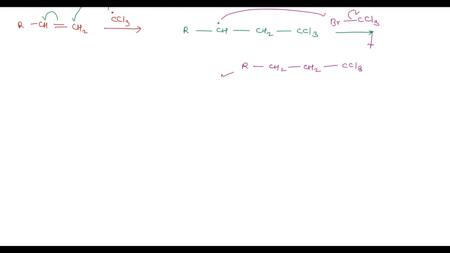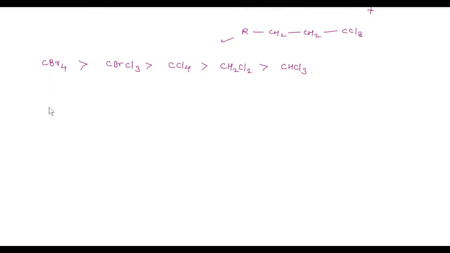The order of reactivity of halomethanes is like this: tetrabromomethane is greater than bromotrichloromethane, which is greater than tetrachloromethane, which is greater than dichloromethane, which is greater than trichloromethane. The addition of bromotrichloromethane